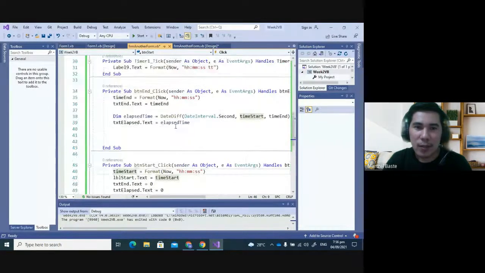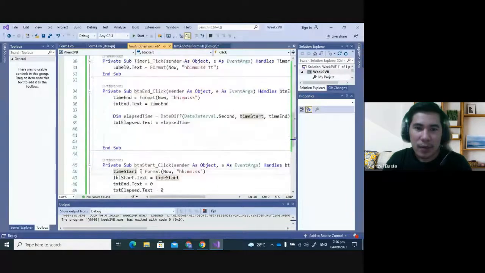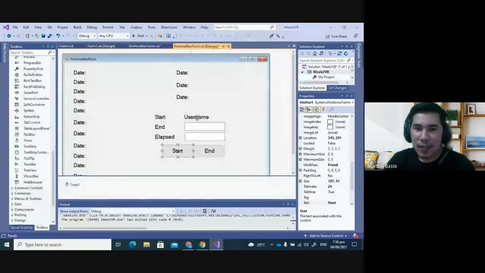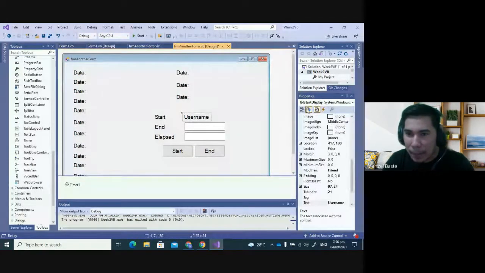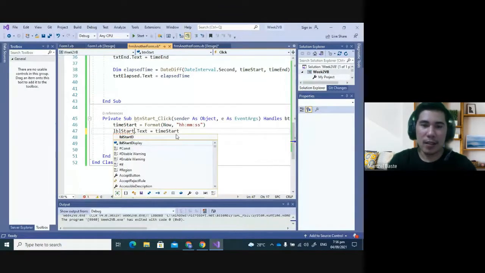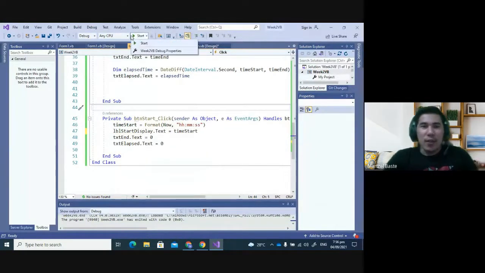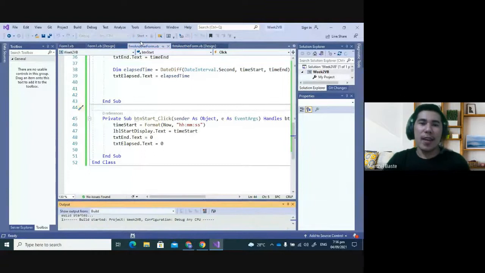Wait lang, asa ito atong start? Sa day ito atong pangalan ganina. Kani, unsa pangalan ani? LBL start display. So mali ang keyboard. Okay? Start display na dapat. Okay? Alright, so let's run now and then